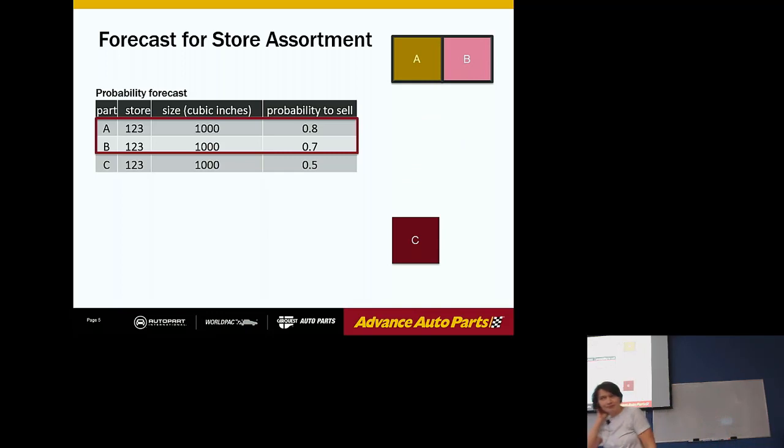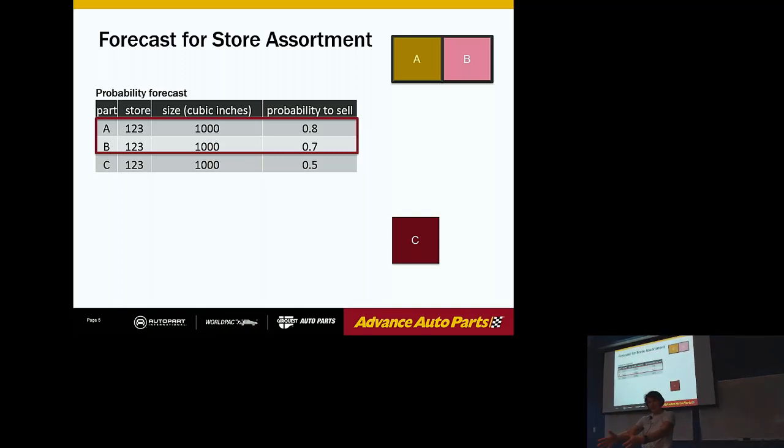So I'm curious, the size in inches makes sense, right? You only have so much shelf space. But if one of them makes you $1,000 and the other makes you 10, there's a value component. Yes, this is why I'm saying this is a very simplistic example. It only looks at the forecast and only at the space constraints. Of course, there are other constraints and other things that go into this assortment. This is just very simplistic to explain how it works.